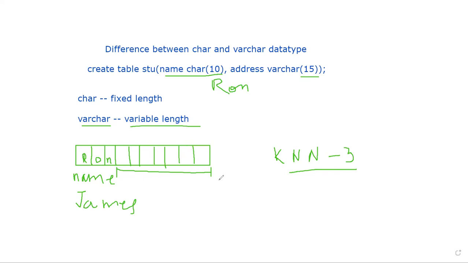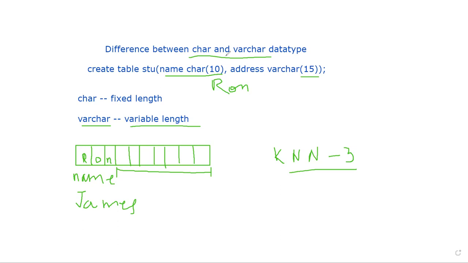Okay. Now see, actually this is a very important question also. The reason is that when we are writing any descriptive questions in MySQL, this is a very common question for this year as well as for next year: what is the difference between char and varchar? Both data types are used to store alphanumeric values. Remember this word, alphanumeric. It means we can store alphabets as well as numbers. Both we can store. Okay. I hope up to here it is clear.